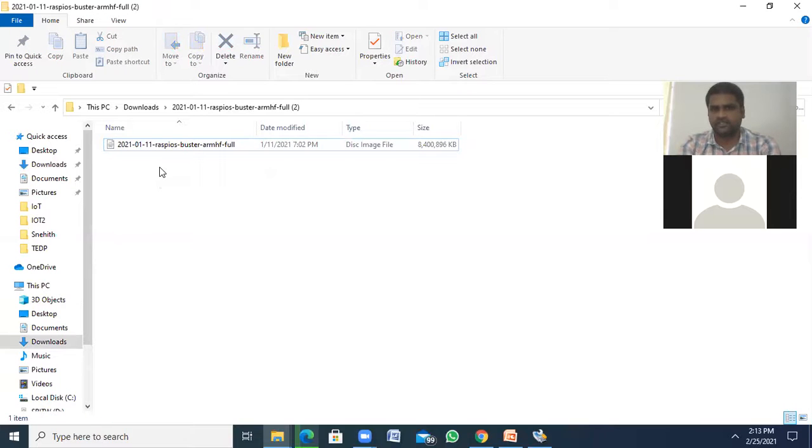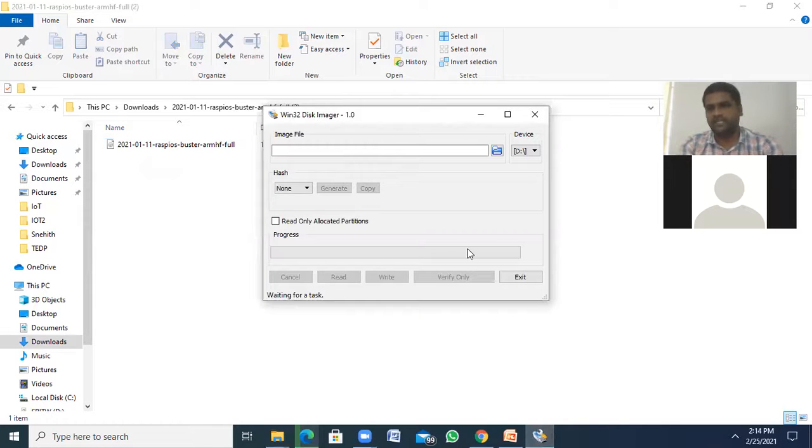I have downloaded SD card formatter. Later, I'm installing SD card formatter. After that, I'm formatting my SD card. Then I'm downloading Win32 Disk Imager. After that, I've installed Win32 Disk Imager also, and I'm opening this Win32 Disk Imager. Later, I have downloaded Raspberry Pi OS. That downloads only a zip file. We have to extract that zip file. Then only we will get this image file.